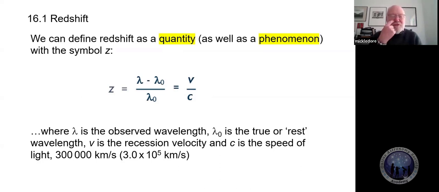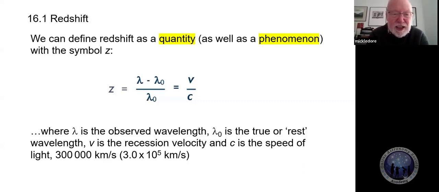And it's the wavelength received, lambda, take away lambda naught, which is the measured wavelength, compared with lambda naught, and that, funnily, from the Doppler effect equations, which is A-level physics and beyond, which we're not going to look at today, is V over C. So the redshift, you could write this actually as delta lambda, the change in wavelength, over lambda, the true wavelength, is V over C. So you can see different versions of this.